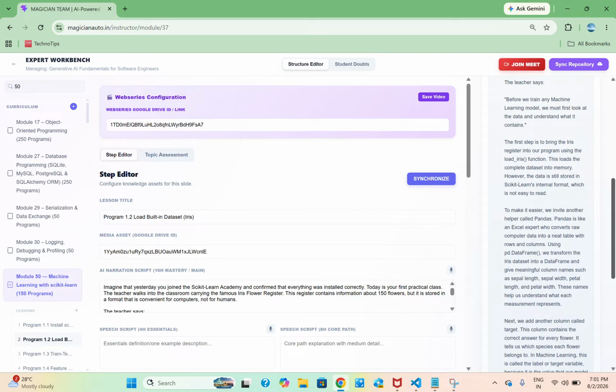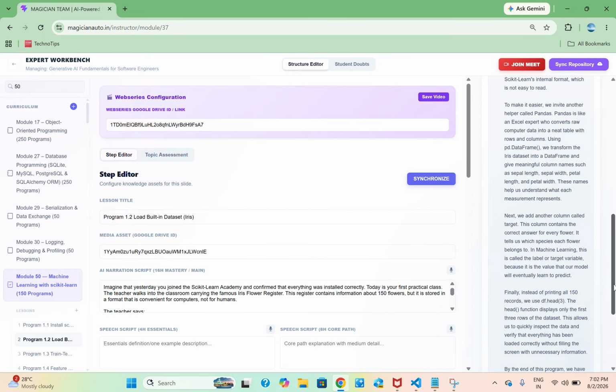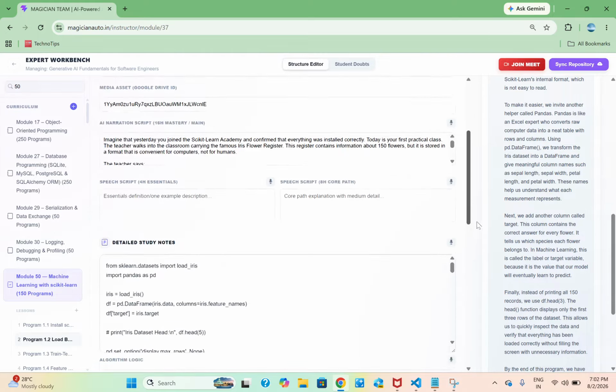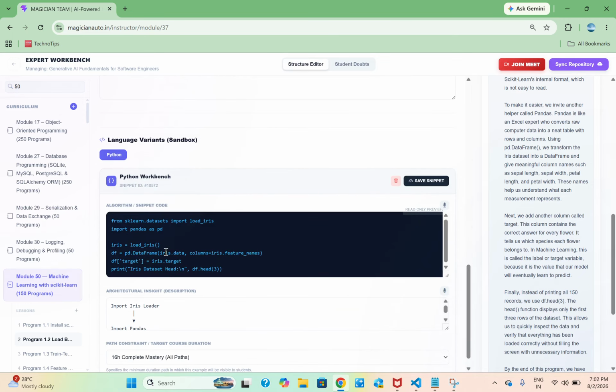We transfer this iris dataset into a data frame and give meaningful column names such as sepal length, sepal width, petal length, petal width. These names help us understand what each measurement represents. Next, we have to add another column called target. So let us begin the program. I'll explain what this target is.